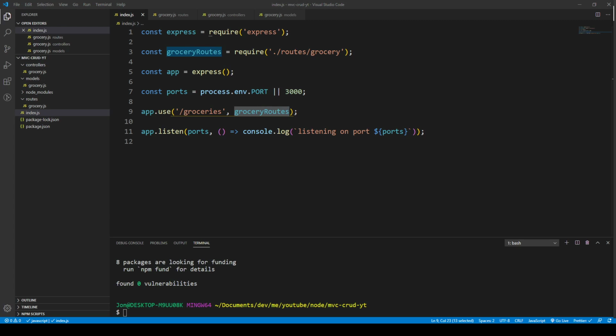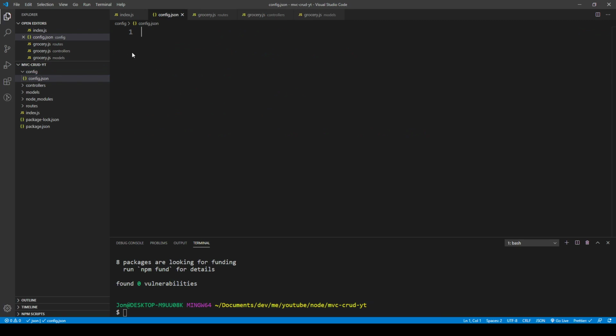Okay, so what we'll do is we'll connect to our database. And to do that, I'm going to create 2 folders here. I'm going to create one called config, and inside that I'll have a new file called config.json, and this is the configuration file for our MySQL database, and the host and username and